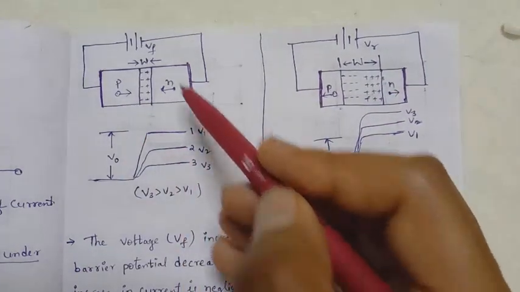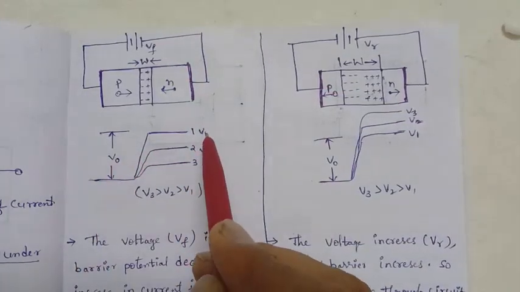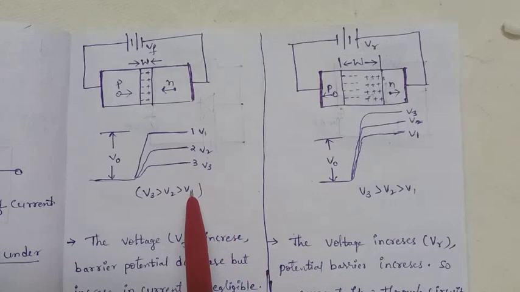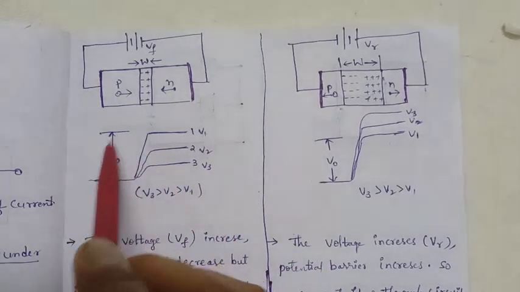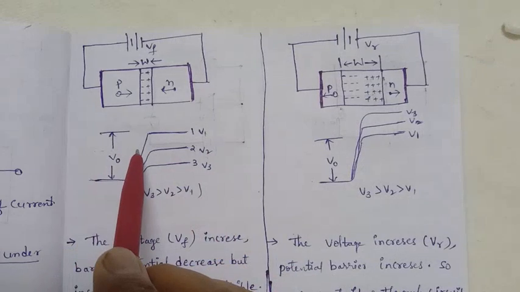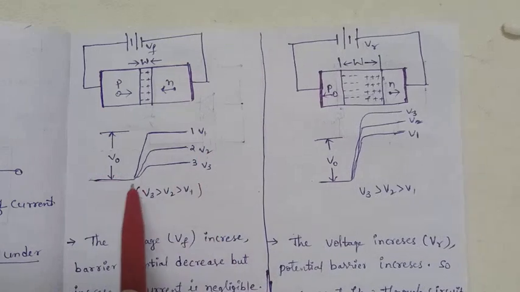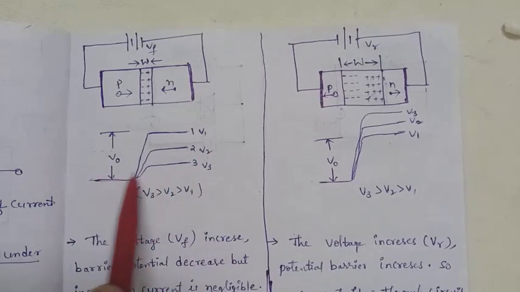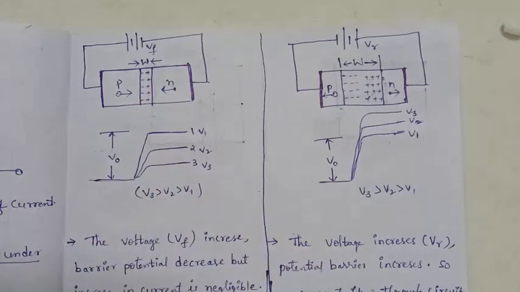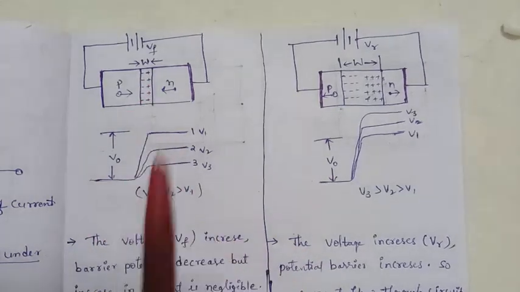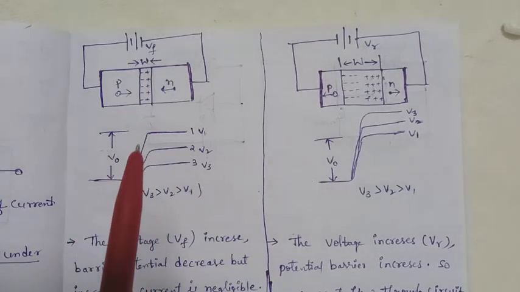Automatically you have to increase the voltage. Here you increase the voltage V1 to V2, which is greater, so the width of the depletion layer decreases. Next you increase the voltage again and the width decreases again. Further on, there is no barrier; the barrier is eliminated. Finally, the barrier is eliminated in forward bias at a particular voltage.